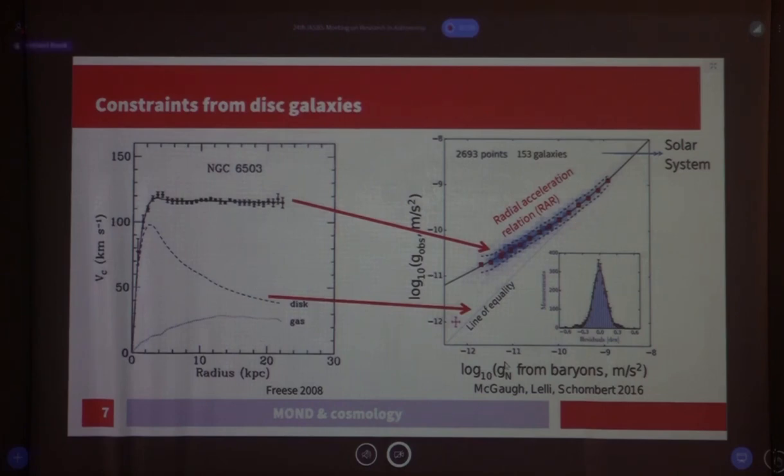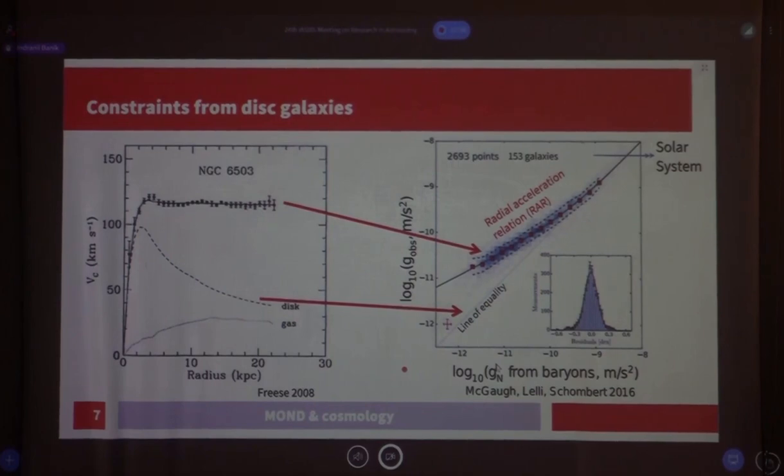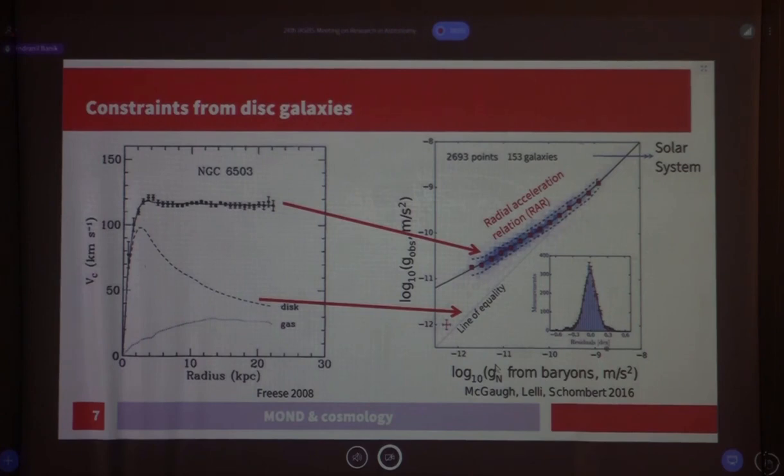So that's the discrepancy, but there is a very tight radial acceleration relation. So you can see that the data from 153 different galaxies, almost 2,700 data points, fall along this very narrow track. Yeah, and the big results are shown there, and the residuals are fairly tight. So that's the radial acceleration relation. One aspect to understand about it is the g_N is very low here compared to the solar system, whereas typically, it's many orders of magnitude higher. For example, right now it would be about 10 to the plus 1 meters per second squared.